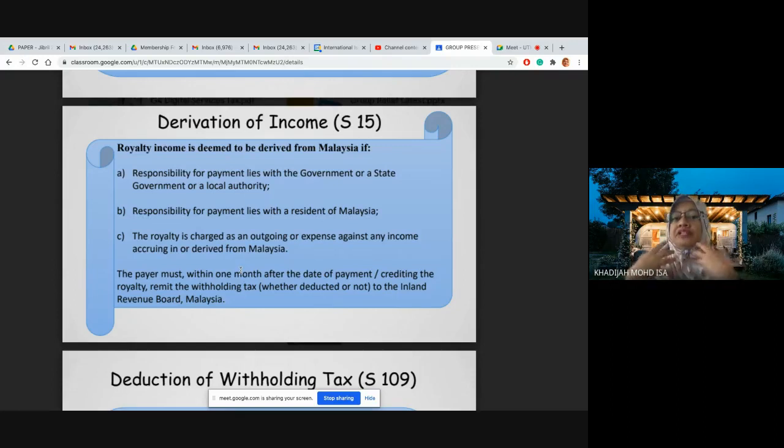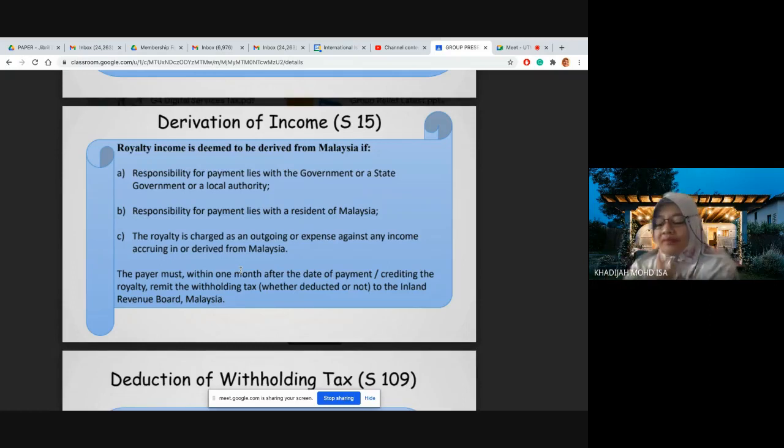So what do you mean by derived? It means that the income paid to the person. Right? In this case, this is confusing because to the company that makes the payment, for example, we're talking about royalty payment, company A makes a royalty payment to company B. Company B is a non-resident person. To company A, the payment is an expense. To company B, the payment received is an income. So the one that kena bayar tax is actually company B sebab dia receive income which is subject to tax,